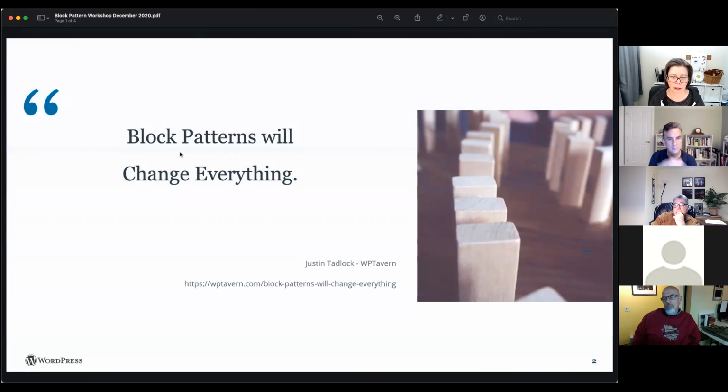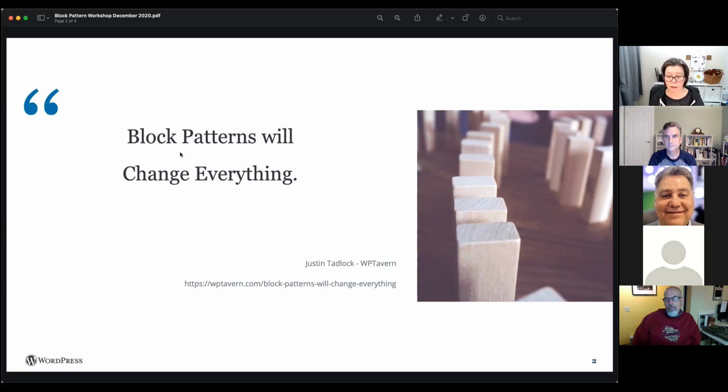So here's something that Justin Tadlock said on WP Tavern: block patterns will change everything. And what he meant by that is it expands the options, especially for plugin, theme, and agency style WordPress folks, to be able to create these predefined